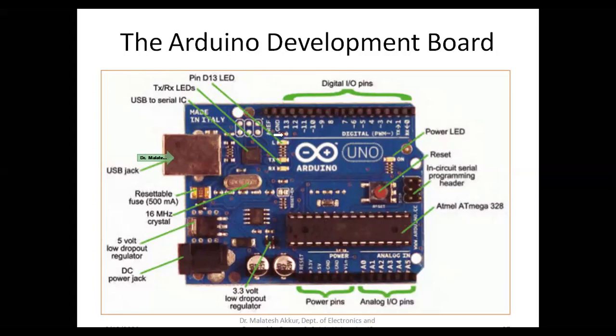And you can observe here the LEDs, the TX and RX LEDs, which we call the transmitter and receiver. Whenever the microcontroller communicates with external devices, during transmission and reception, these LEDs will blink. That gives an indication that bits are being transferred between the processor and